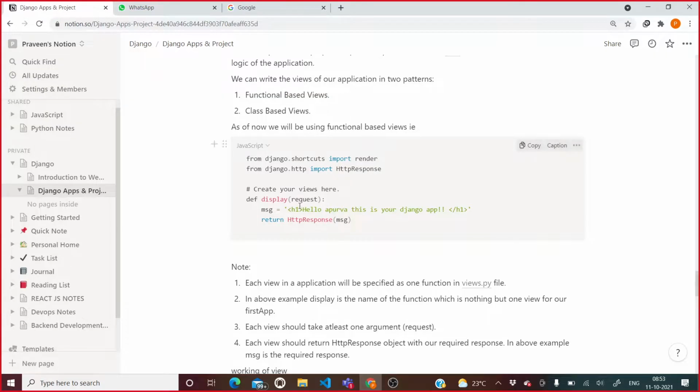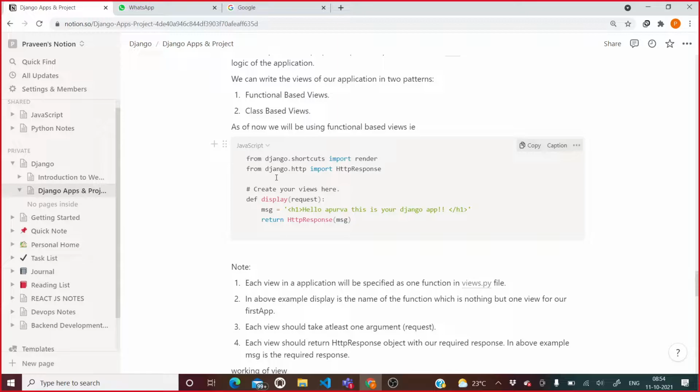In the same way, here this function takes a request from the user. This request is what? A URL pattern. Now that URL pattern, as soon as it hits, it will match and decide what response I need to submit to the client. Whatever business logic you want to perform, you will perform here. After that, return a response to that particular URL pattern only. So here you are returning a message. To return that particular response, you are using the HttpResponse object.